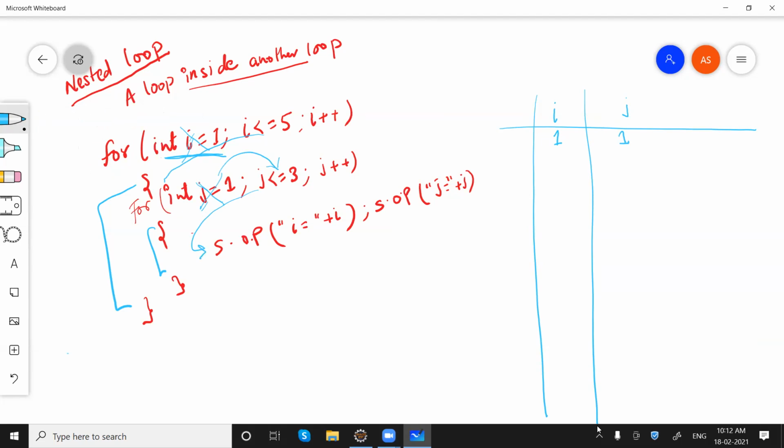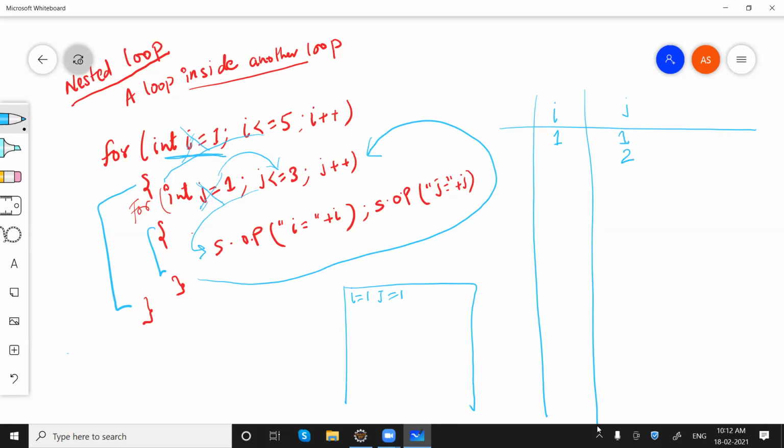So let me write the output here. i = 1 will be printed, j = 1 will be printed. All right. Now we'll go back, we'll do j++. Now j will become 2, right?